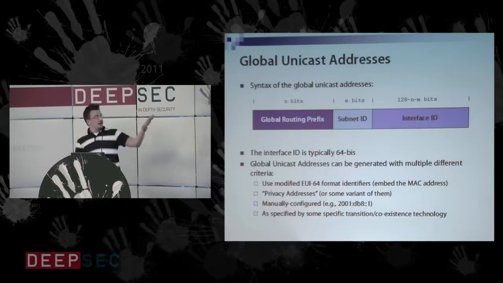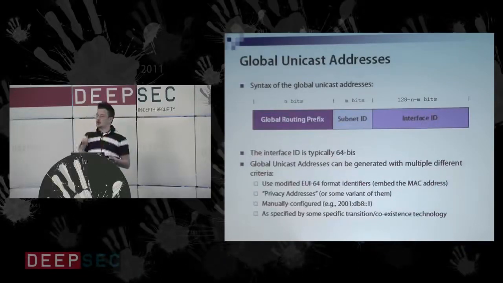As I said before, the global routing prefix is usually assigned by your ISP, and the subnet ID by the network administrator, who decides how to subnet the network. When it comes to the interface ID, it's usually assigned by the actual host. It's not like a central server that assigns the interface ID, but every host that connects to the network assigns its own interface ID. There are different policies that you can use to select the interface ID. The most common one is what is usually referred to as modified